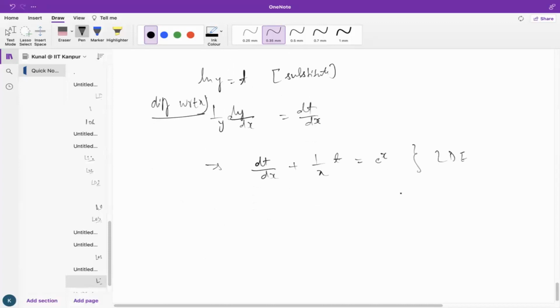So now we have to find its solution. We have to find the integrating factor. The integrating factor is equal to e to the power integral of p dx, where our p is 1 by x, and we all know that it will be equal to x. Now the solution of the linear differential equation will be nothing but